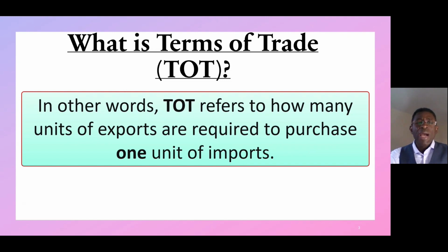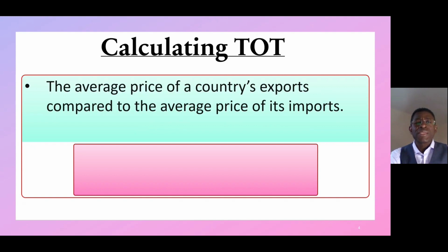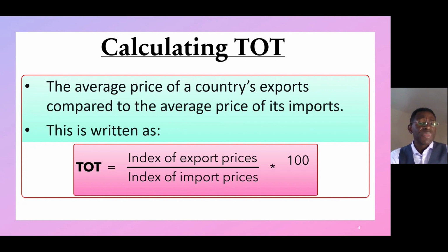So how do we calculate TOT? What's the formula for calculating TOT? TOT is essentially the average price of a country's exports relative to the average price of imports. In other words, we are comparing the price of exports to the price of imports. The formula is written the following way: TOT equals the index of export prices divided by the index of import prices,